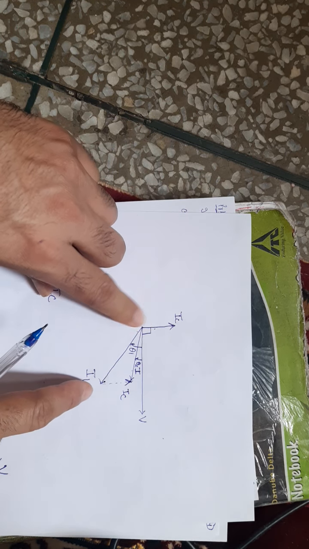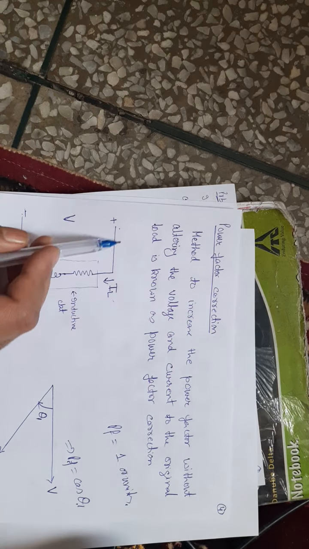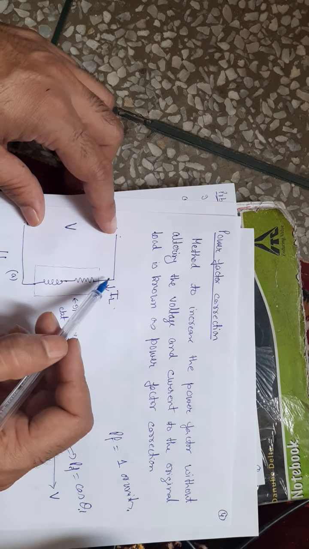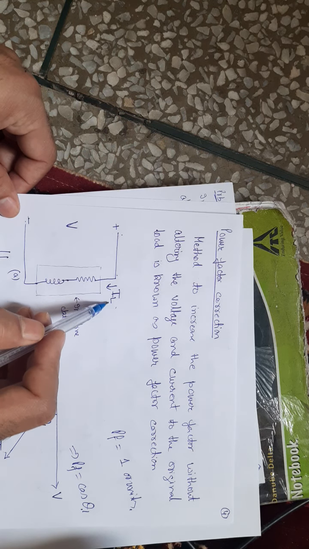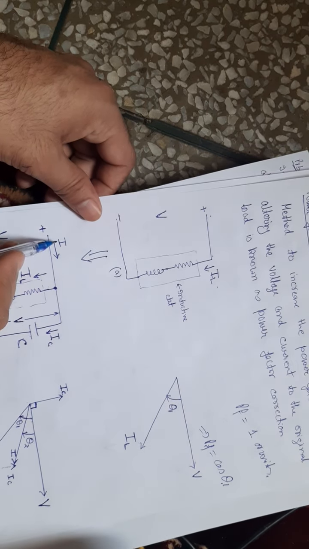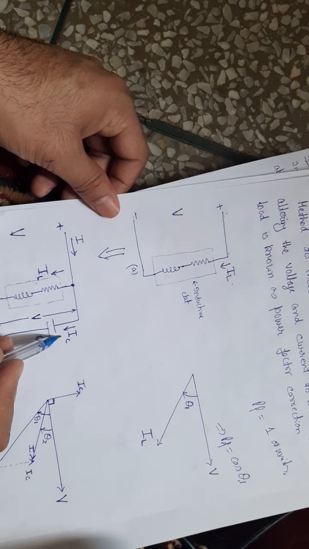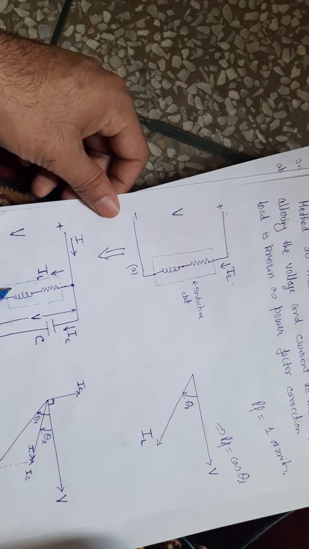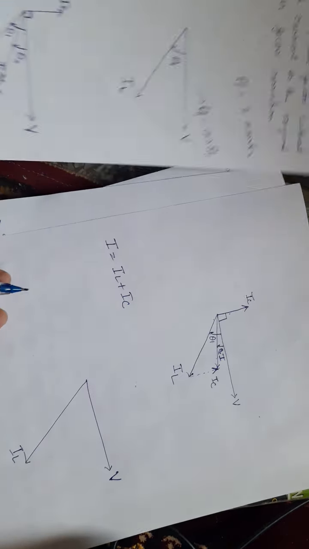So we can say that the total current has reduced. The total current flowing through the line: our load is connected across the line, from which the power is coming. So this is the line. Earlier, the line current was the current through the load. But now the current through the line is the current flowing through the load plus the current flowing through the capacitor. So this is the total current.